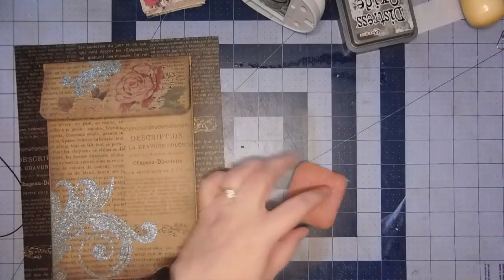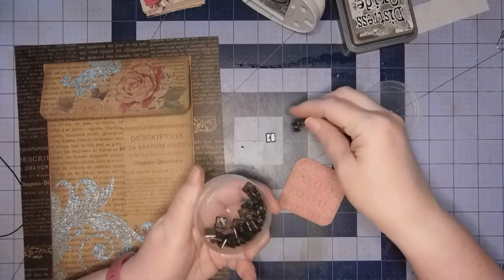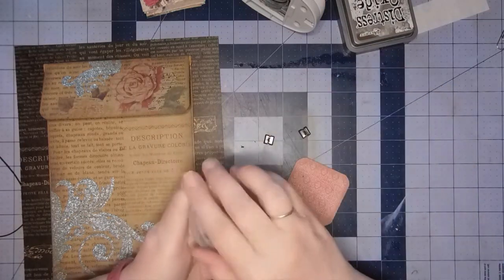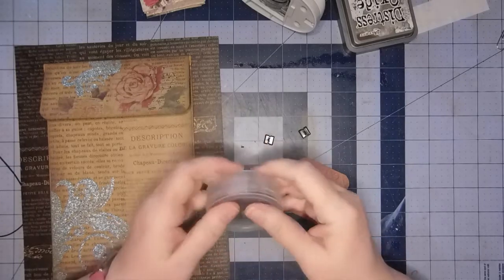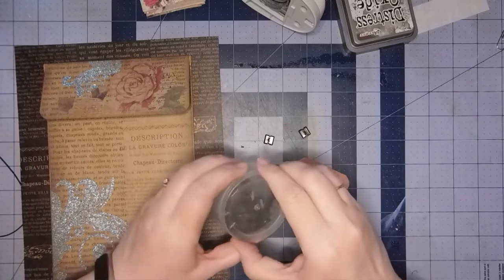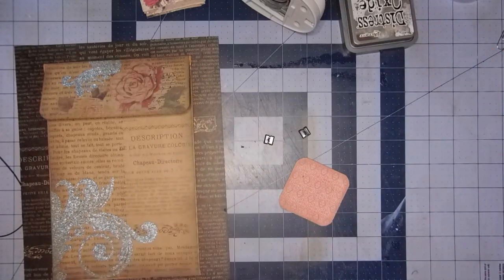And I did dig up some brads. I have a whole bunch of Close to My Heart brads. I don't know where they went. I moved my Close to My Heart containers, and there's probably something in front of it. I didn't look super hard